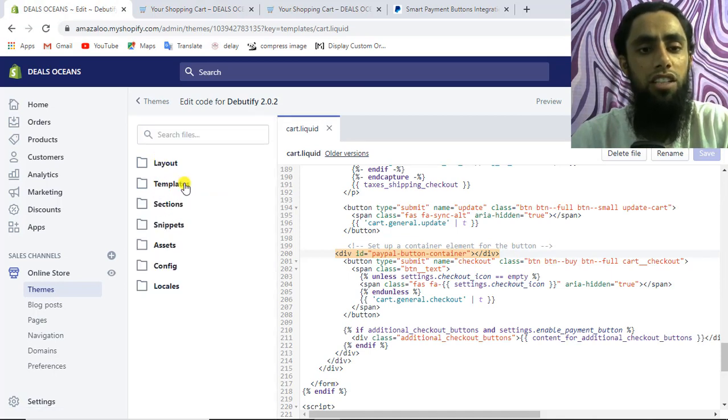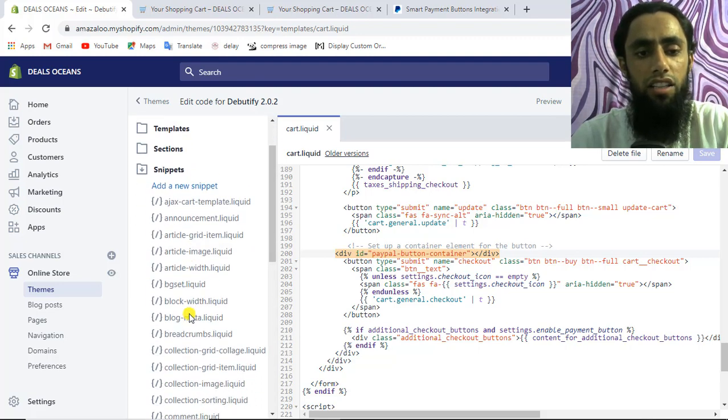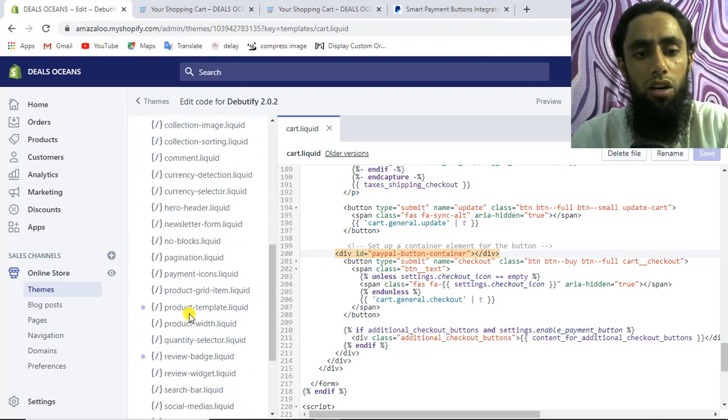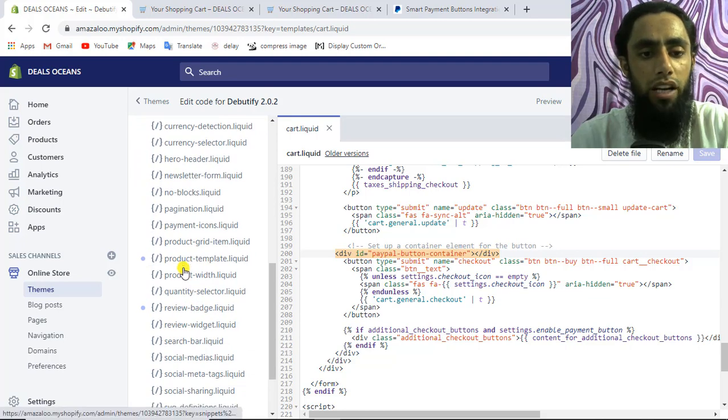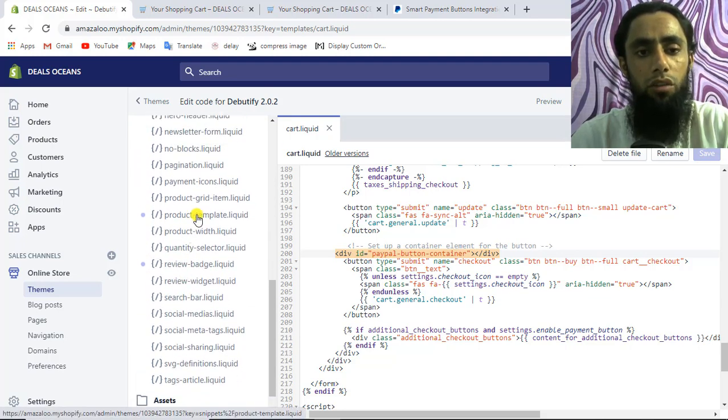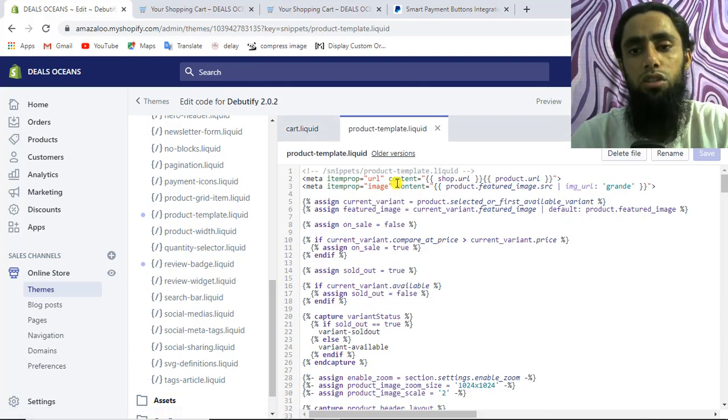You can see that we have the templates. You need to go to the snippets folder, and here in the snippets you need to scroll down, and you will get product-template.liquid. So here we have the product-template.liquid file. Again you need to copy all the things in the same way.